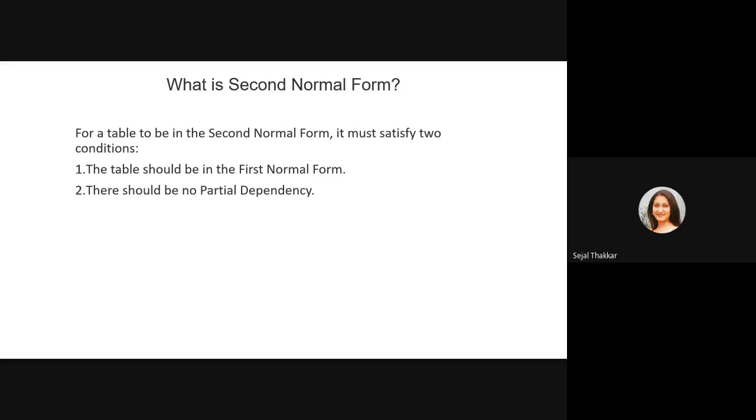So you can see here in second normal form, what are the conditions? There are two conditions. The first condition is the table should be in first normal form and there should not